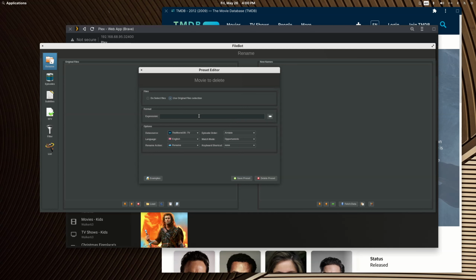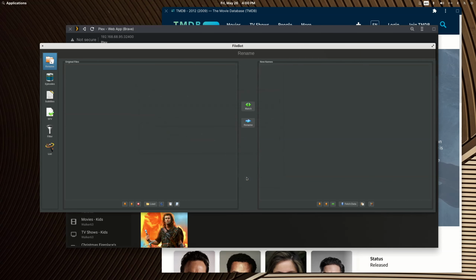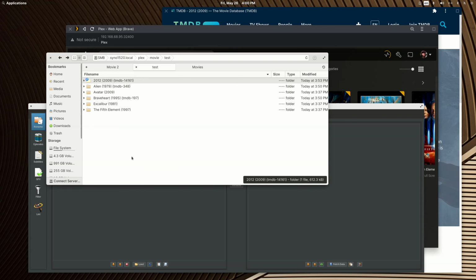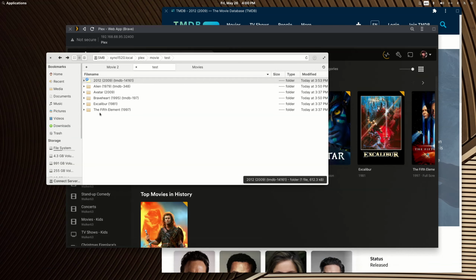And before you paste anything in, make sure you have the right data source. For a movie library we do, it says the movie. For a movie library we do not, this is using the movie database to name TV shows. We want to drop down and pick the movie database and then paste in the custom expression. Everything else is left the same, and now if I save the preset,